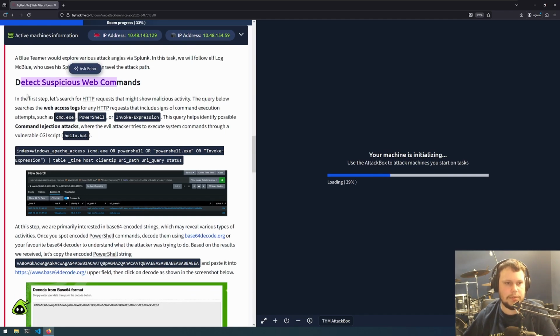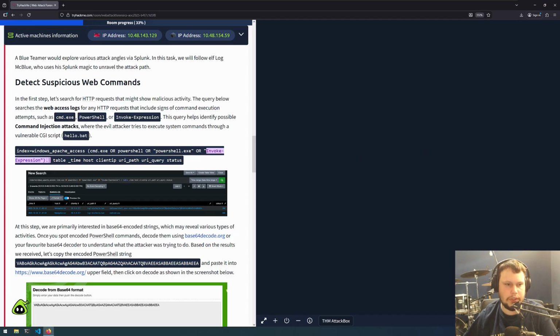So, detect suspicious web commands. In the first step, let's search for HTTP requests that might show malicious activity. The query below searches the web access logs that include signs of command execution attempts. So it's using the Windows Apache access index, and it's searching for strings containing cmd.exe or PowerShell or PowerShell.exe or